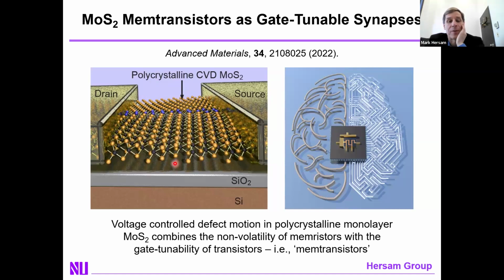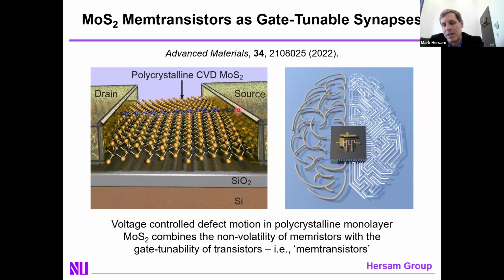In particular, the mixed-dimensional response that's most useful in this device is the fact that defects in the MoS2, such as sulfur vacancies, have a dramatically reduced barrier to motion along the grain boundaries. This is what materials scientists would call short-circuit diffusion. The reason that's relevant is that the vacancies in MoS2 are the N-type dopants. And if you have a low barrier to moving the vacancies around, that means with modest excitation, such as a relatively small lateral electric field, you can drive vacancy motion through the channel, thereby reconfiguring the doping profile of your